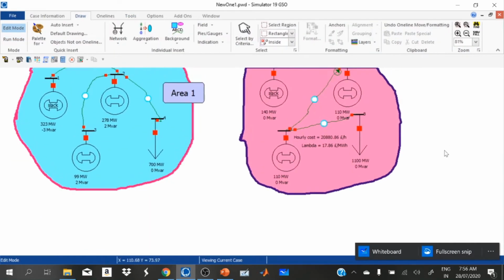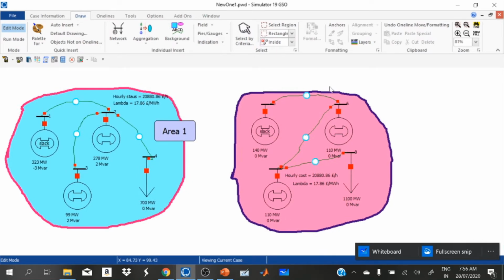The similar things we can repeat for area 2. Like area 1, we built area 2 also here. Here three generators are operating, 1, 2, 3, and a load of 1100 megawatt is connected here. What is the hourly cost and lambda of this area 2? Now we have to make a change here.